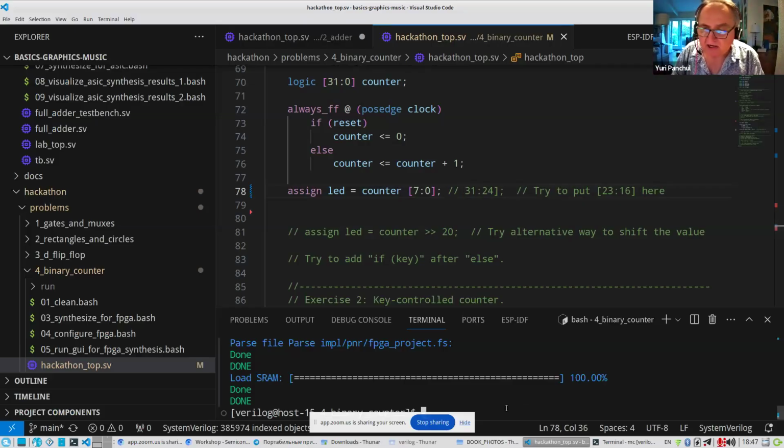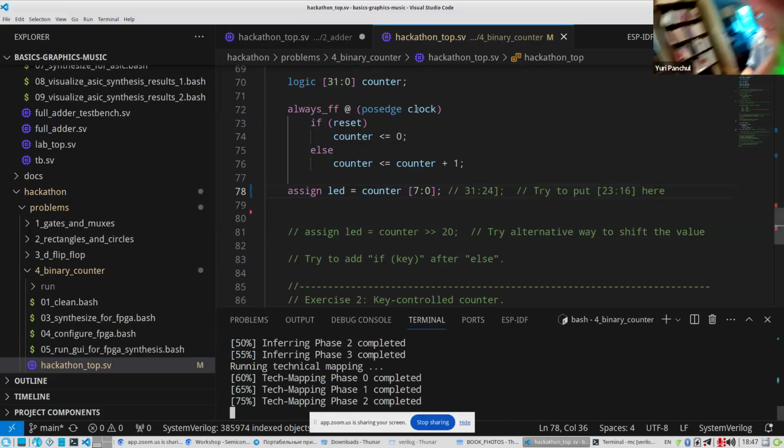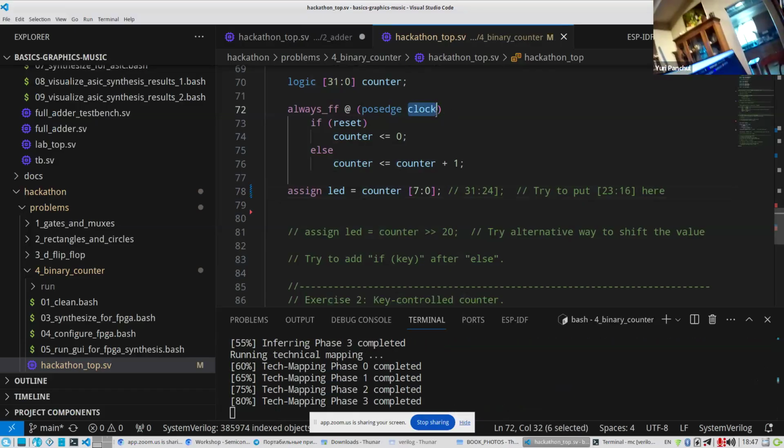So let's actually run the clock right now and see what happens if you use just a regular clock instead of the slow clock.